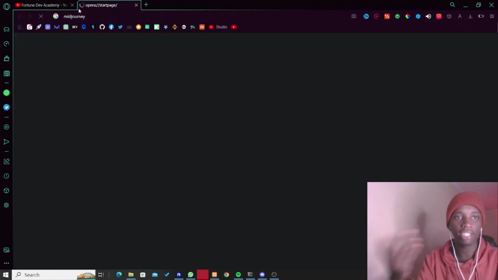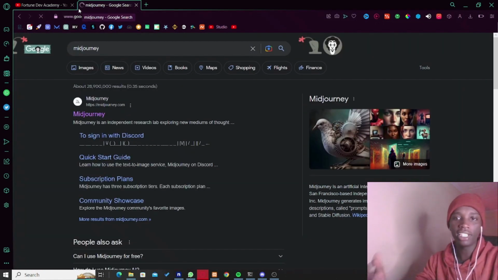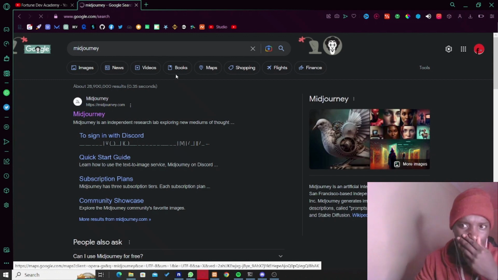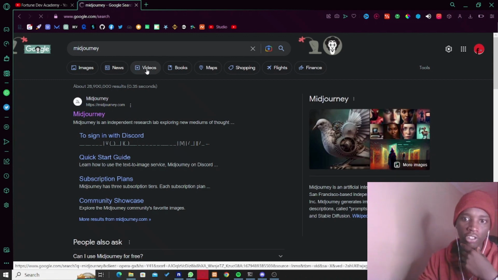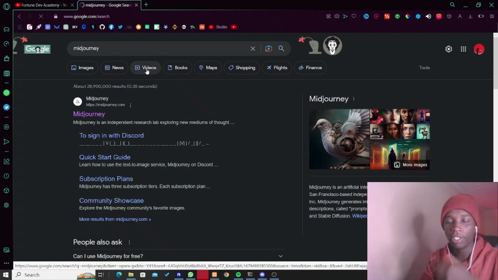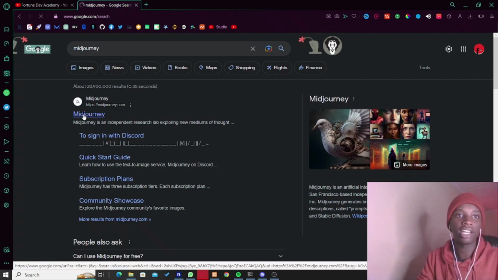So just go ahead and search for Midjourney. So what Midjourney is actually, an AI model that uses stable diffusion to be able to generate these kinds of images. And the way you get access to Midjourney is you have to get access to their Discord. So once you go to midjourney.com,